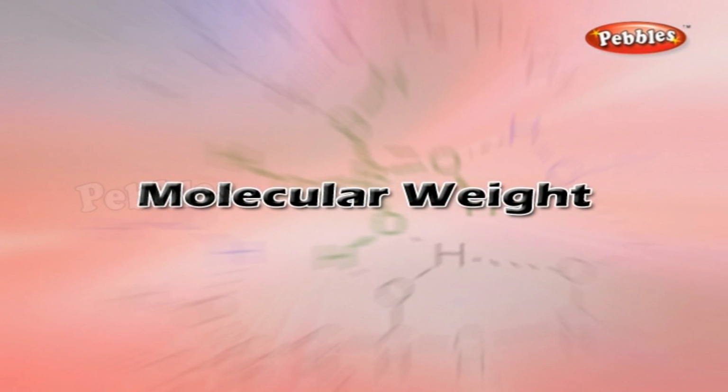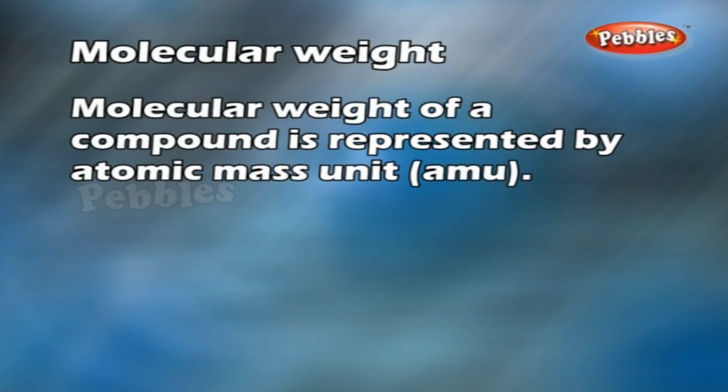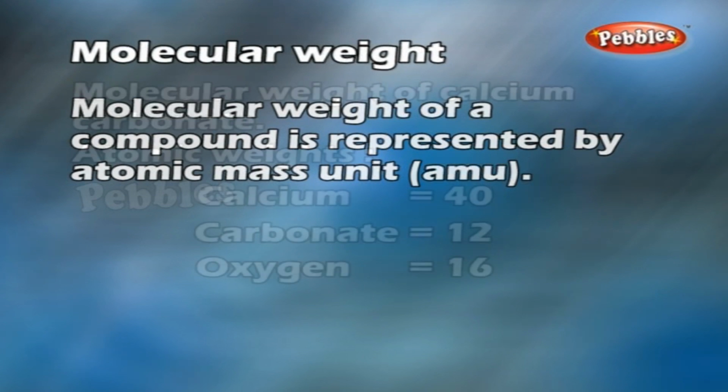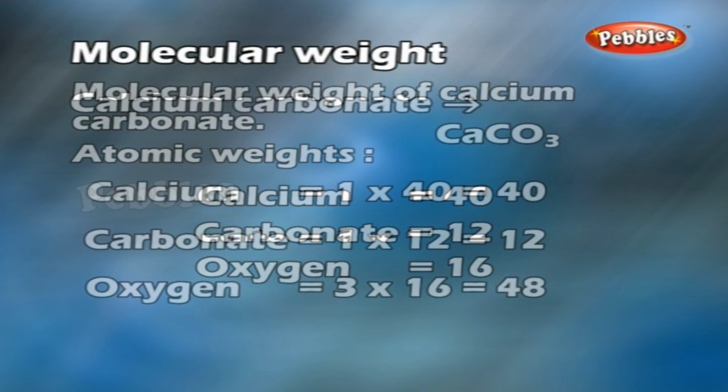Molecular weight. It is defined as the sum of atomic masses of all the atoms present in a molecule of a compound. Molecular weight of a compound is represented by atomic mass unit, AMU. Example, molecular weight of calcium carbonate. Atomic weights: calcium equals 40, carbon equals 12, oxygen equals 16. Calcium carbonate gives